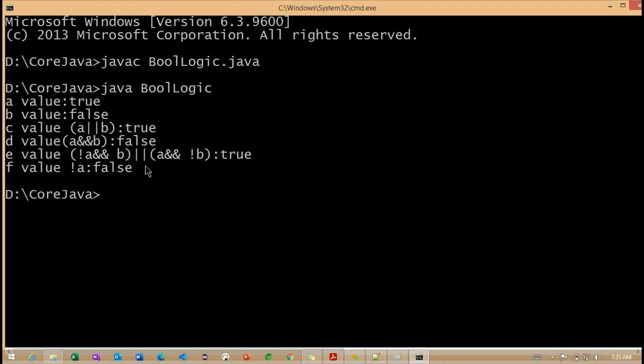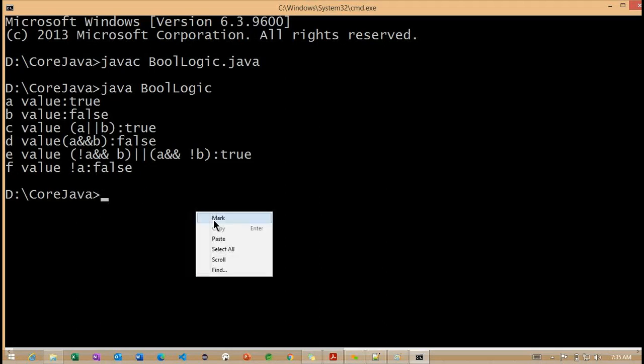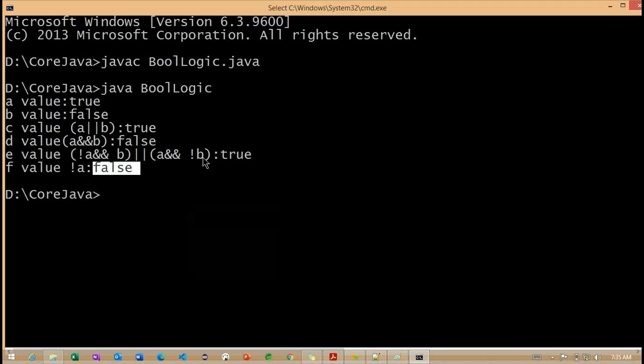What values are we getting? First, A value is true, B value false, C value true, D value false, E value true, and F value false. After the colon, observe what exactly our output is, because before the colon is all about the expression we used in our current example. These are the outputs here. Getting the point? This is very important.